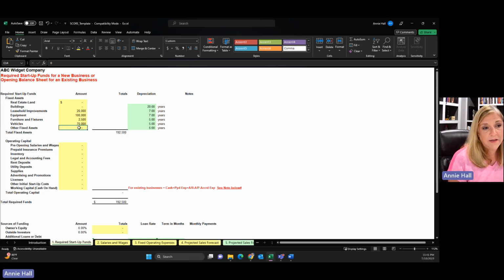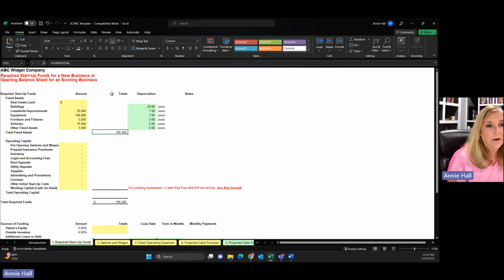And then any other fixed assets that we might have, and I don't know what that would be right off the top of my head, but I'm going to go ahead and put $3,000 there. So if you'll notice here, it's adding up all of these numbers and it's putting my total here at $195,500. So right off the bat, I know that just to fix out my space, buy my equipment, get some furniture, buy the delivery vehicle, and then a few extra other assets, I'm going to need to come up with